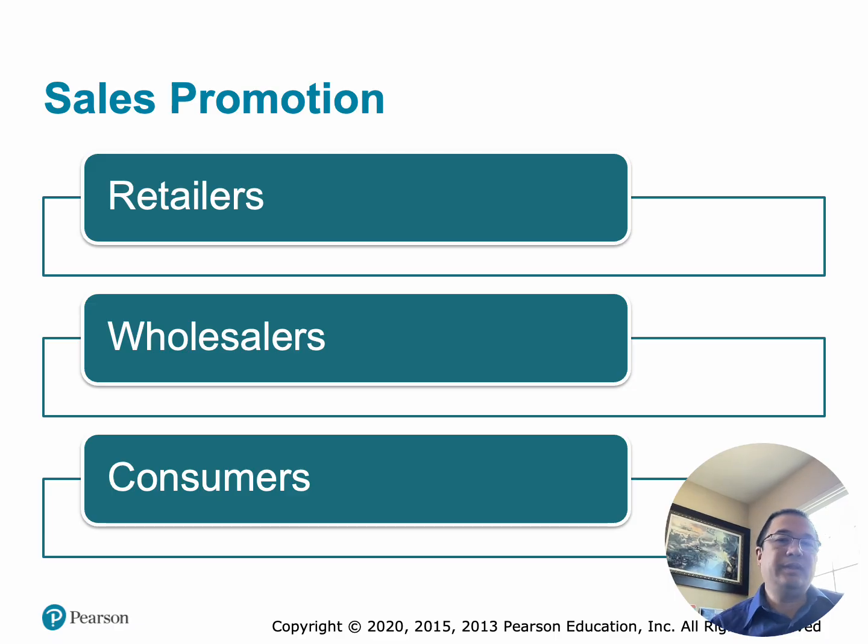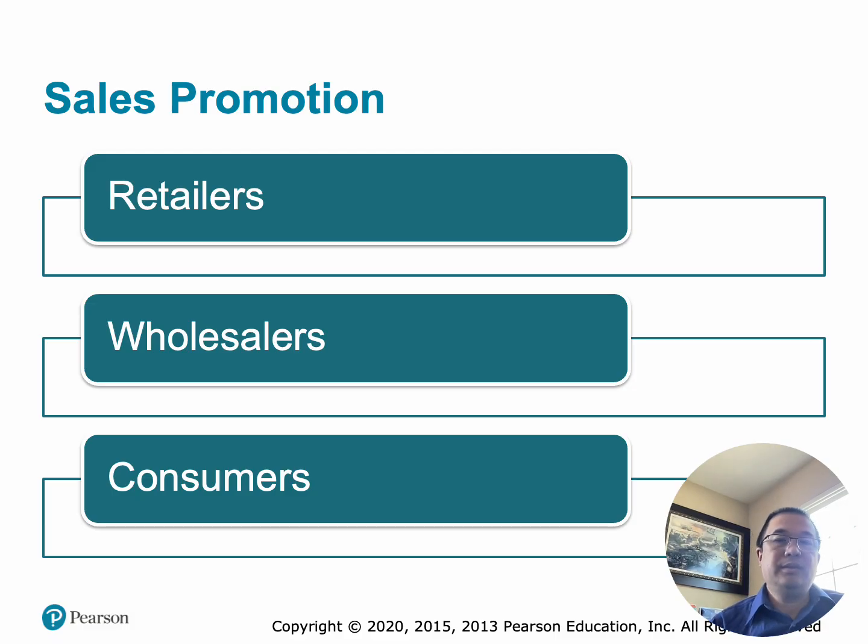So let's start with number one, retailers. Retailers are businesses that sell directly to consumers. Examples include Walmart, Target, Costco, and local grocery stores. Sales promotions for retailers: manufacturers often provide incentives to encourage retailers to stock and promote their products. These examples would be trade discounts, free display materials, advertising allowances, bonus inventory, and special promotional pricing. Coca-Cola may offer Walmart discounts and promotional displays to encourage prominent shelf placement.